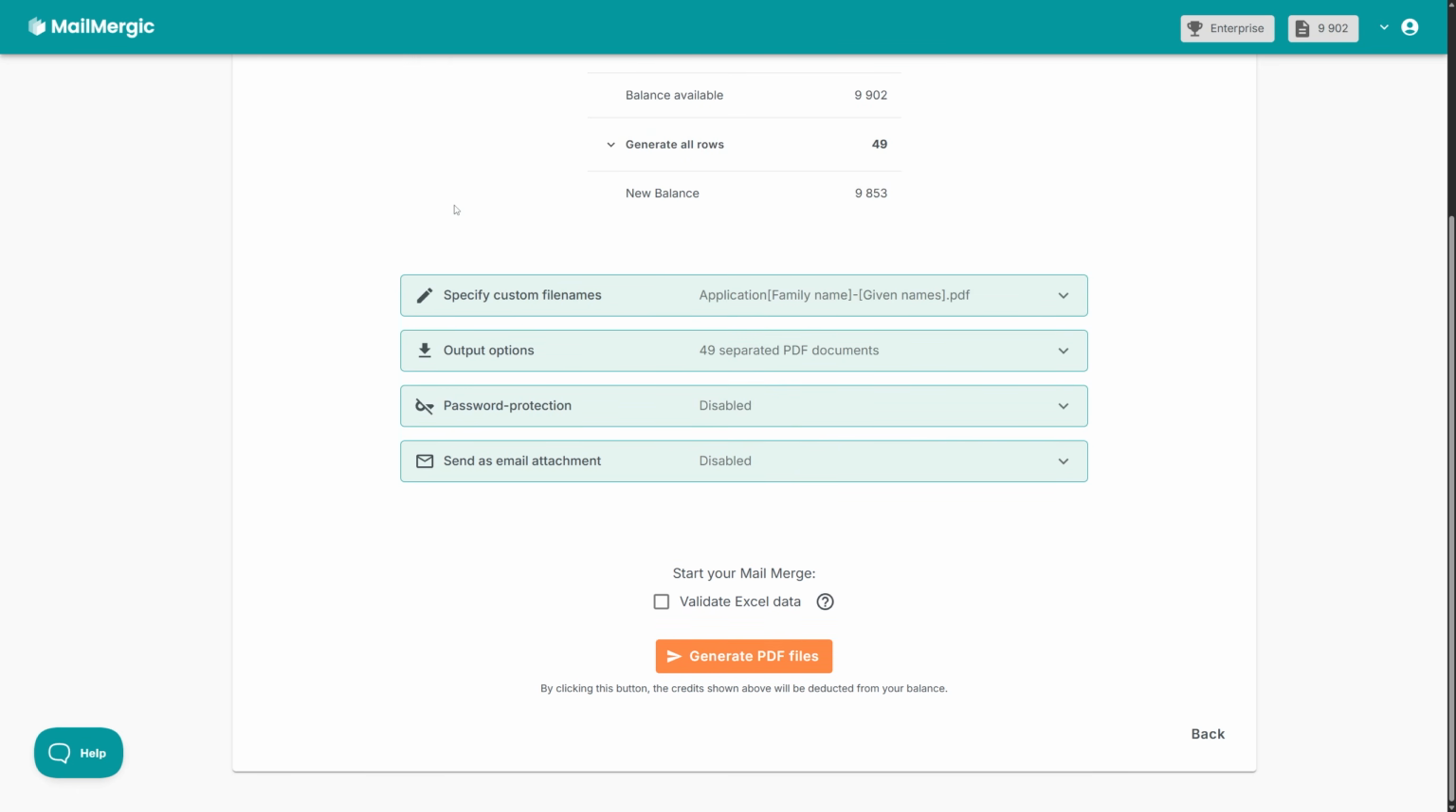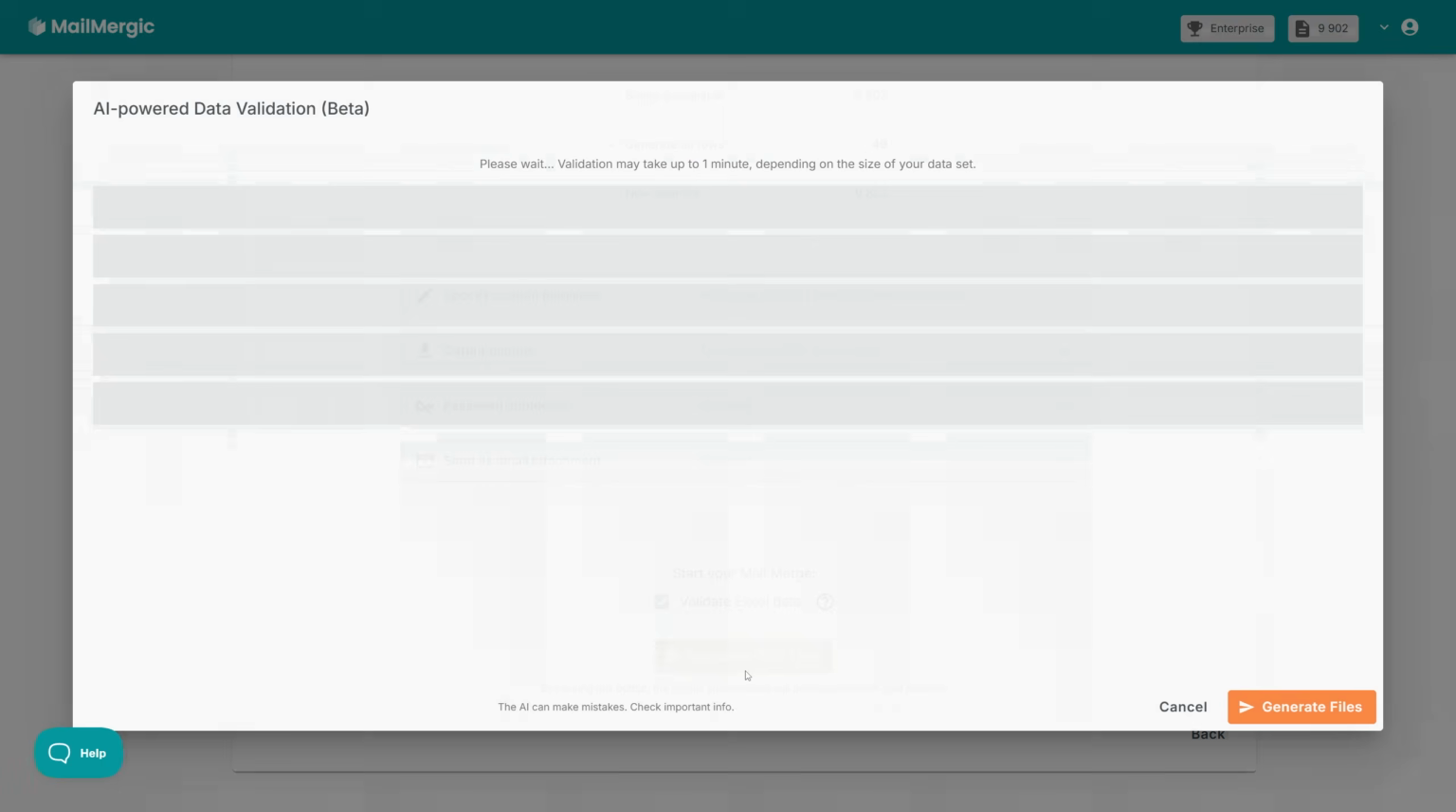A new PDF document is generated for each row in your Excel spreadsheet. Make sure you have enough credits available. The Always Free plan comes with free PDF files per month and can be easily upgraded if you require more PDF files. After selecting the Validate Excel Data checkbox and clicking Generate PDF Files, MailMergic's AI automatically scans your uploaded